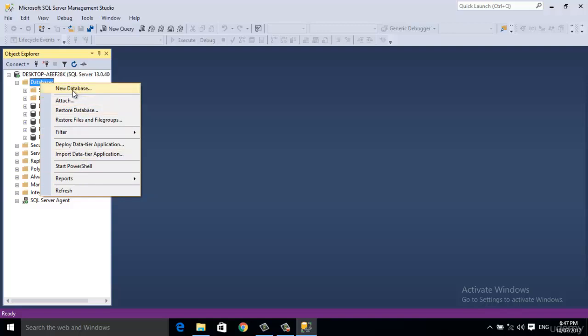To create a new database, you will have to click on New Database.